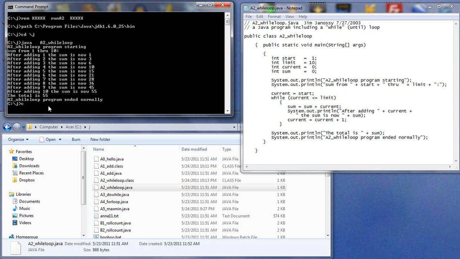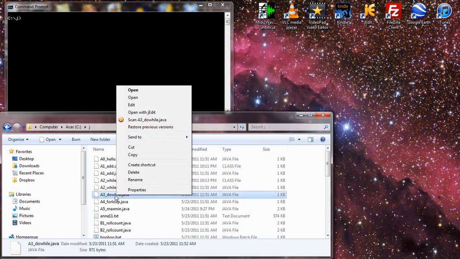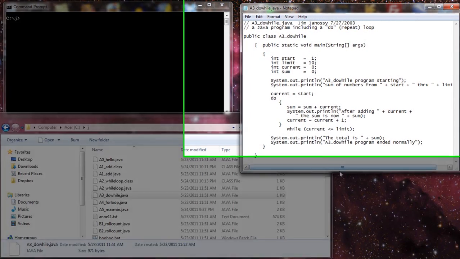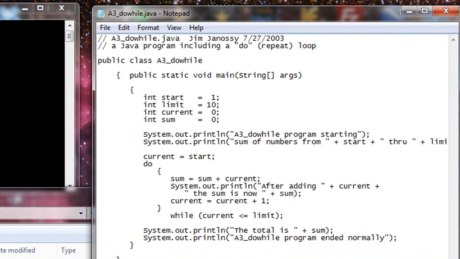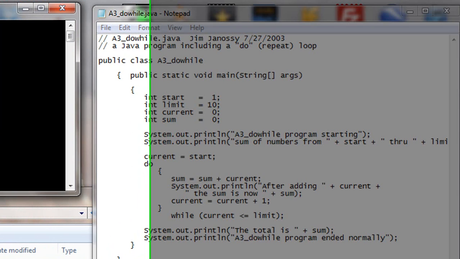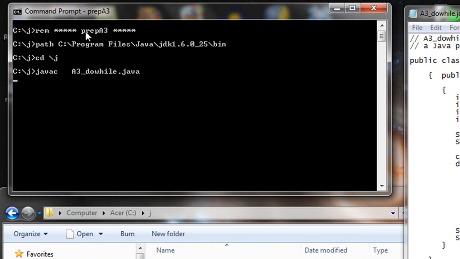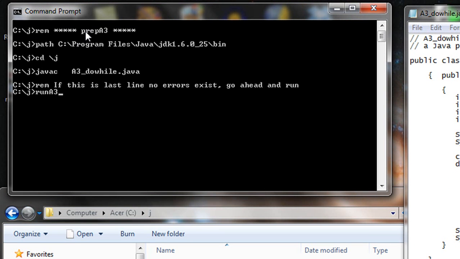Let's do this. Let's clear that screen. Let's take a look at the A3 program. This one does the very same thing, but it uses a different way to do it. And the difference between these loop structures is explained in the Java Please workbook. I'm going to prep A3 in this case, and it compiles properly. I'm going to run A3,